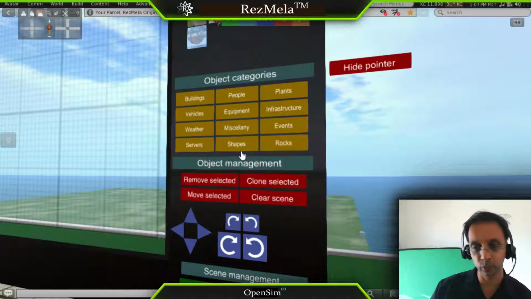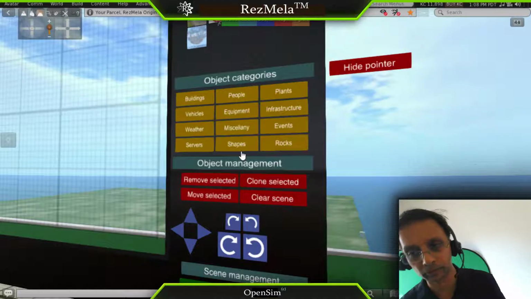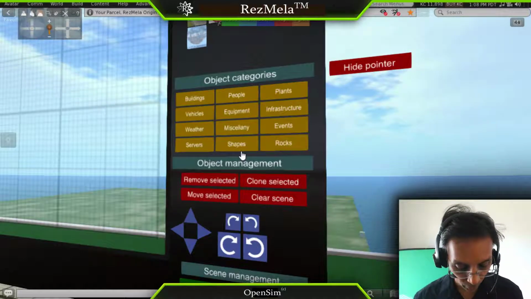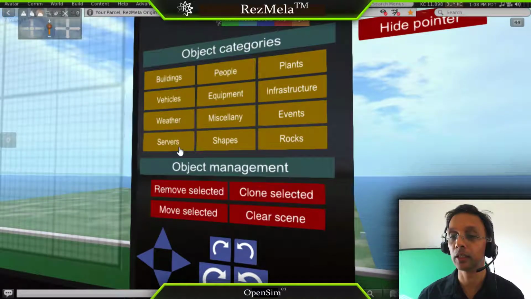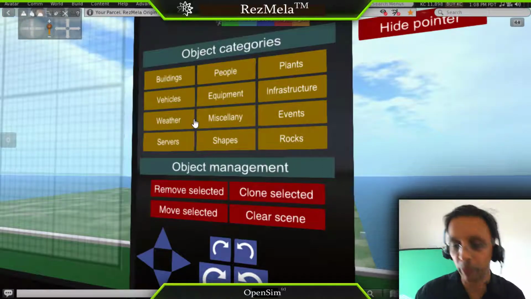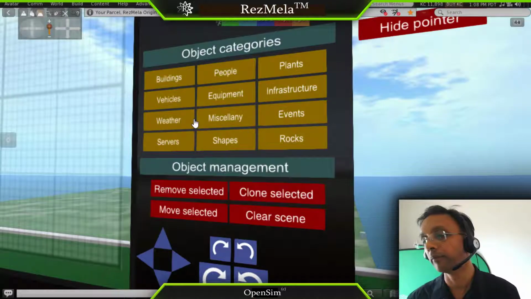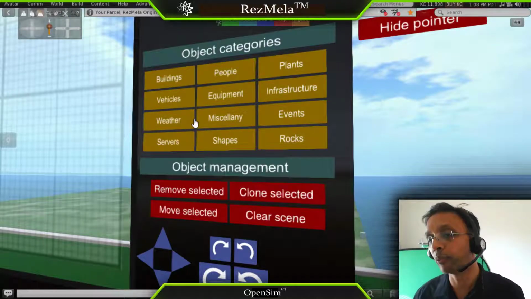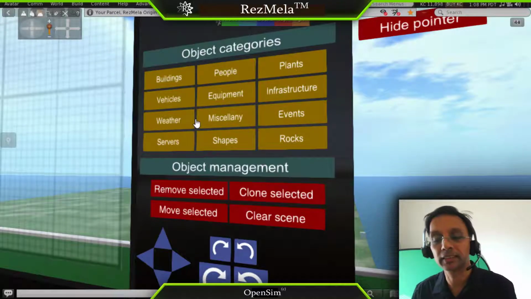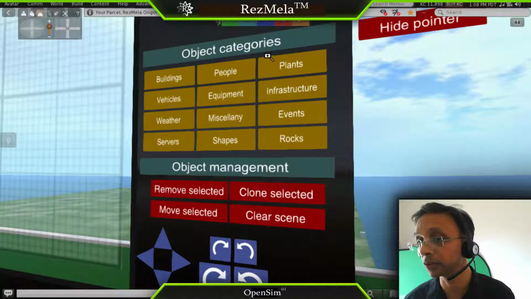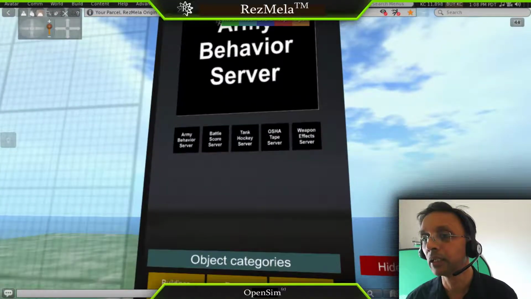And as we are continuing to work on the ResMLA system, we are finding new ways to augment the capabilities of the library objects. But do know that we currently have objects that allow us, for example, to track user performance, to capture what they are doing, and to display their achievements on boards that you can place in the environment, and things that you can use for serious applications. You can also use them for games, and you can have car racing games and a lot of